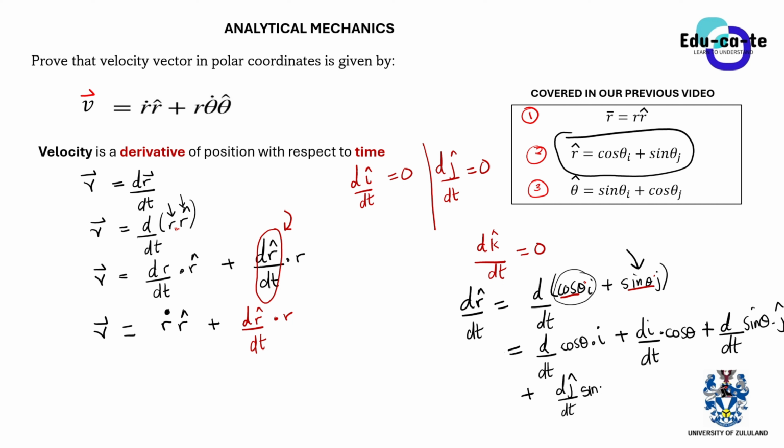So here we have two terms that are expressing the product rule for both these two terms. So basically for cos theta I, to differentiate it, you differentiate cos, you keep I, plus you differentiate I, you keep cos. That's product rule. You do the same thing for this second term that has got sine theta. You differentiate sine theta, you keep j undifferentiated, plus you differentiate j, you keep sine theta undifferentiated.